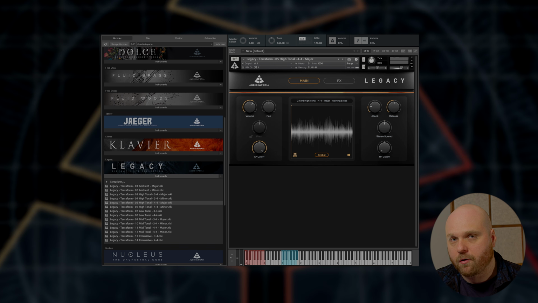This is in major key, and these are 4/4. So again, they'd be tempo mapped to your project. Same sort of thing, they're mapped across different notes, so you can put them in any key that you want. But we also have a range of different styles to work with. So let's have a listen to some of them. Let's just change key for this one.